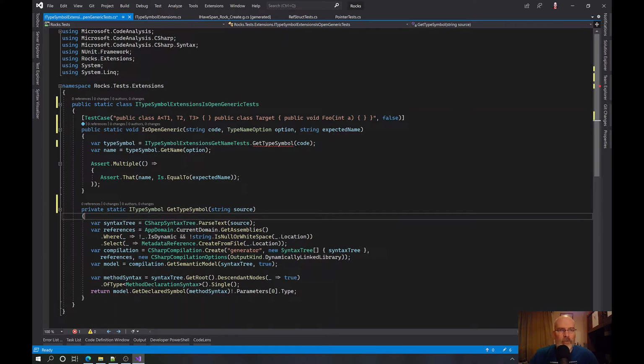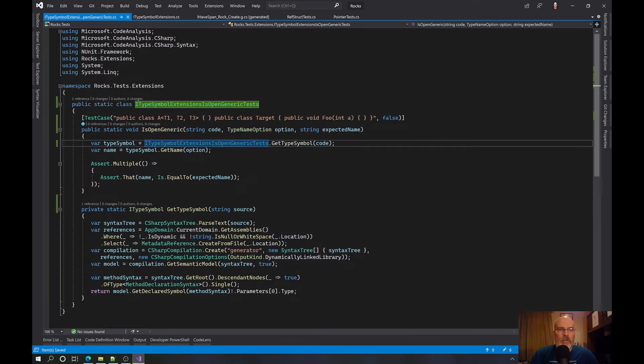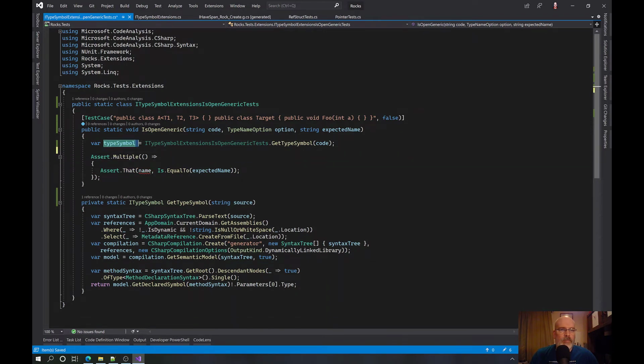And so, yeah, that should do exactly what we want. So in this case, what we want to say is assert that is open generic is equal to bool expected value. We do that, we do that.